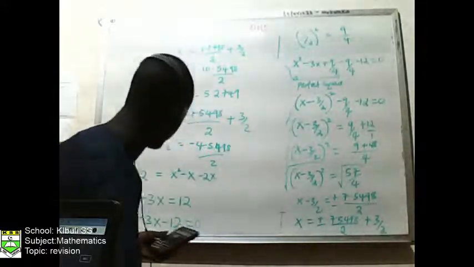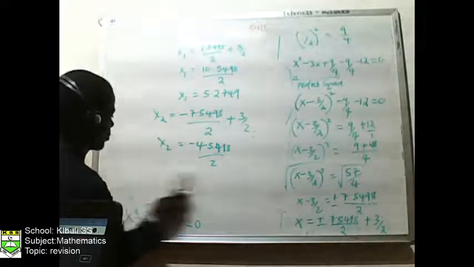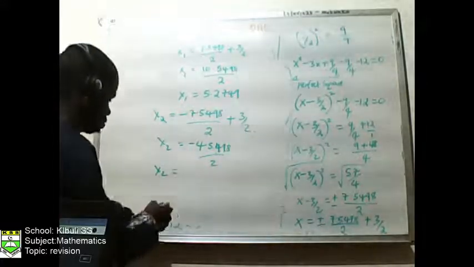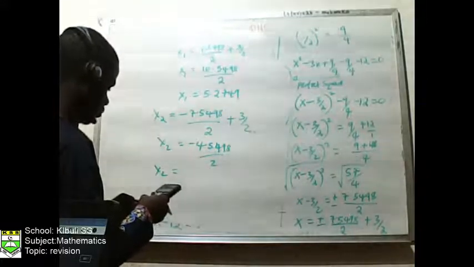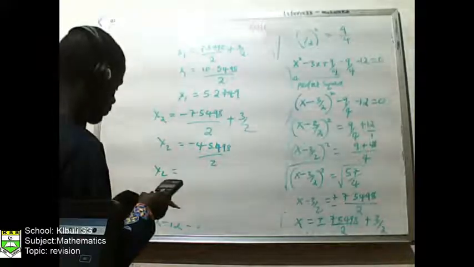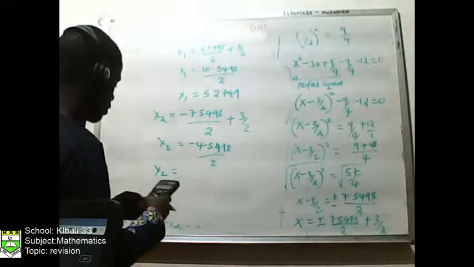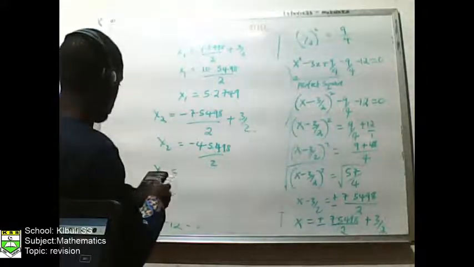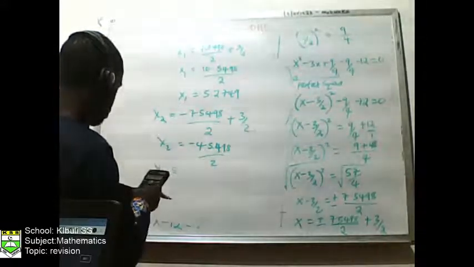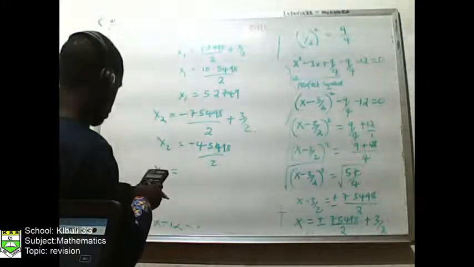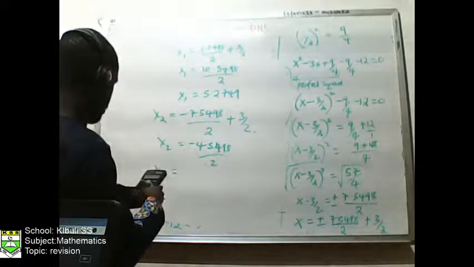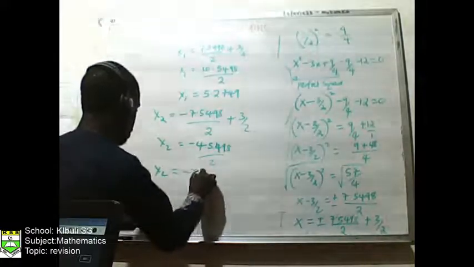And then finally x2 will equal negative 4.5498 divided by 2. The answer is negative